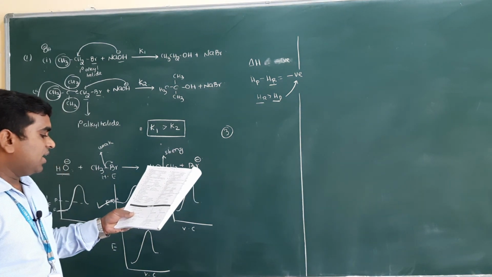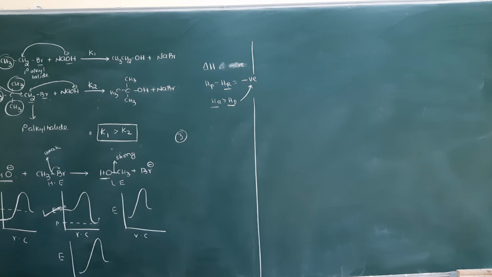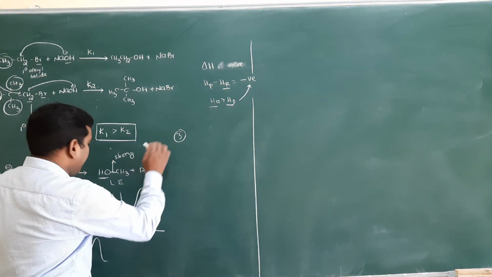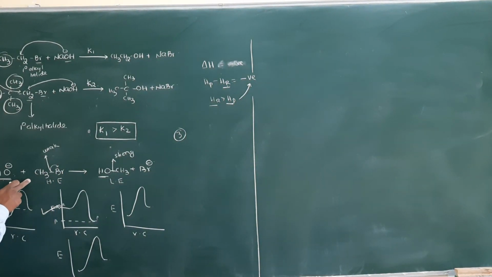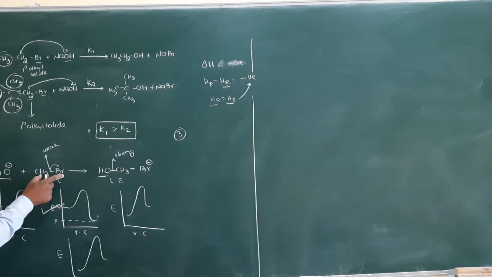So what is the rate expression? We have already discussed in the PU part the rate of, it is an SN2 reaction. The nucleophile attacks from the back side. And also it is methyl bromide. So, SN2 mechanism.